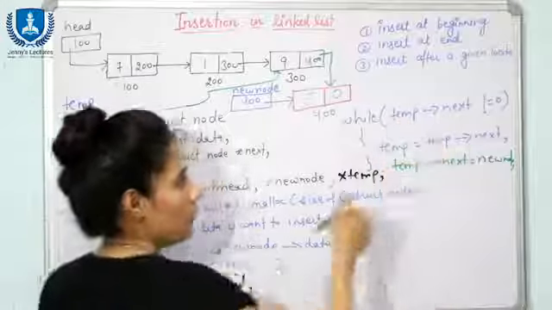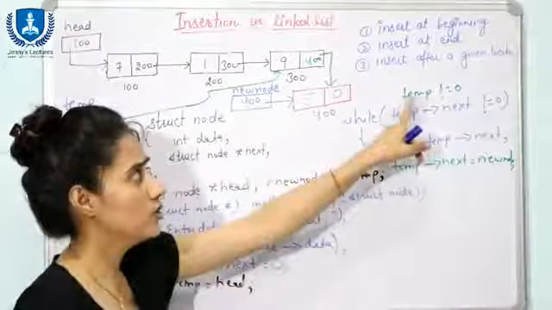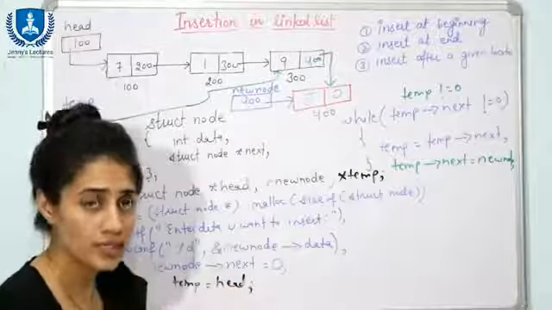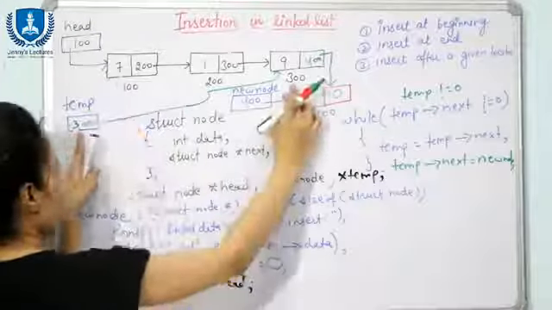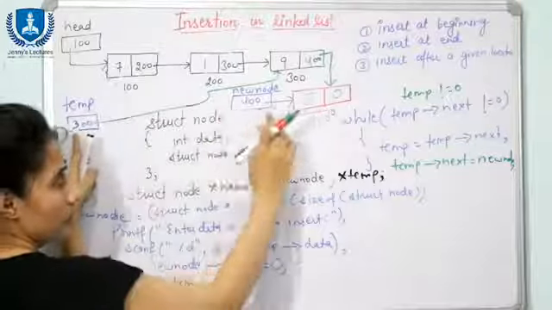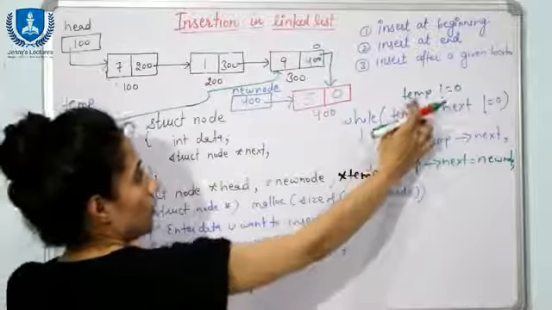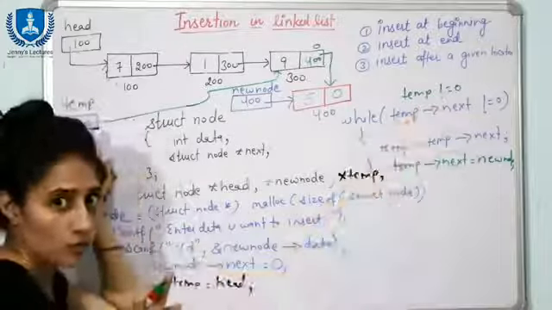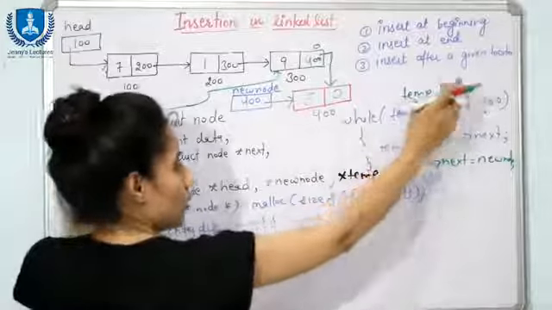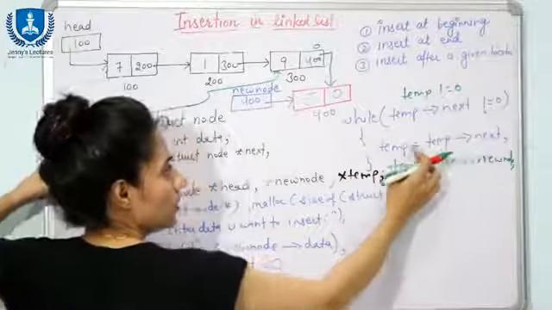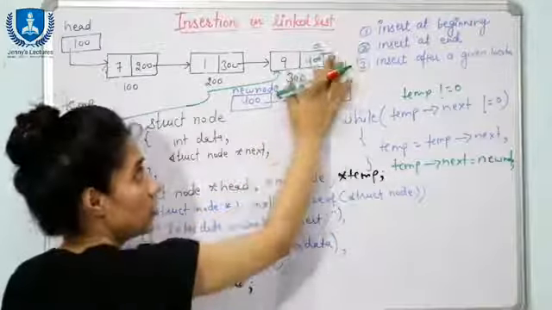See, in this while loop we are not going to write temp not equal to null. We write this condition when we are going to traverse the list. If you write temp not equal to null here, then what happens? See, now in temp we have 300, fine, and before inserting, here we have 0, right? So temp not equal to null, yes, this condition is true, because temp is containing 300. So again we are going to enter into this loop. Now temp is equal to temp next. Now what is temp next? That is 0. Before inserting this node, it is 0.